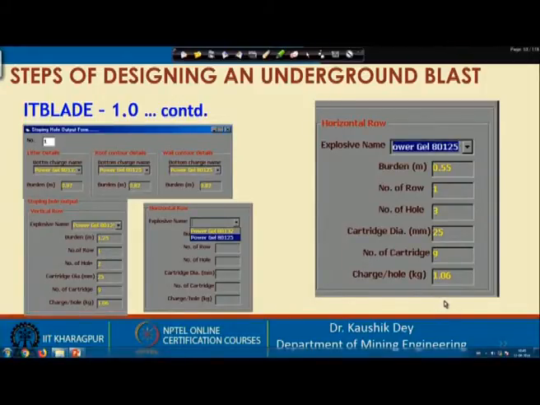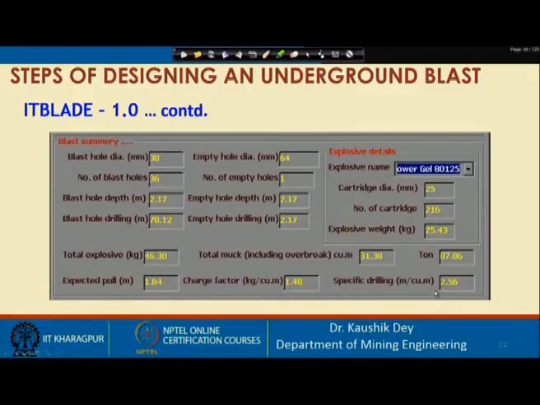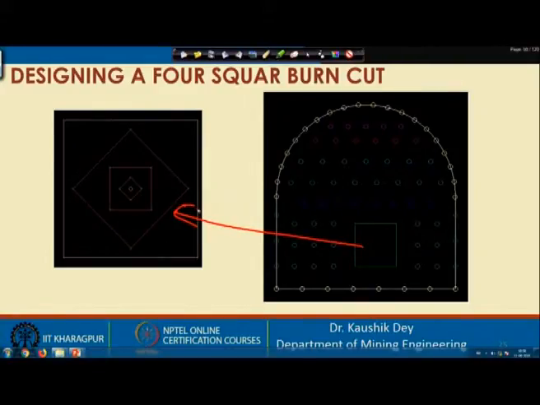one can follow while designing the blasting for underground, and this is the final consideration where you can see all the burden values. This is the burden for lifter, this is roof, this is wall, this is vertical, this is horizontal stopping holes. And this is the summary you can calculate, and in this case this may be the cut area, and this is basically showing the different delays.